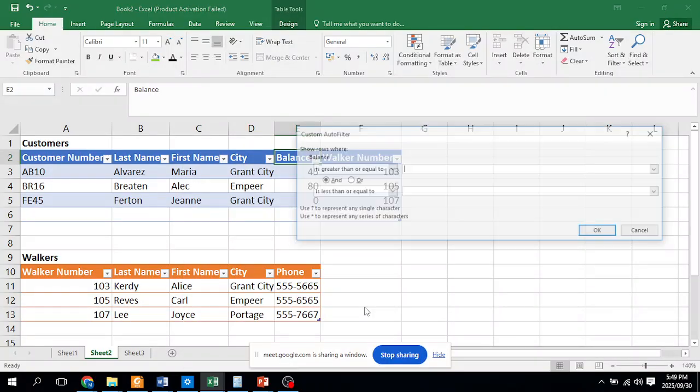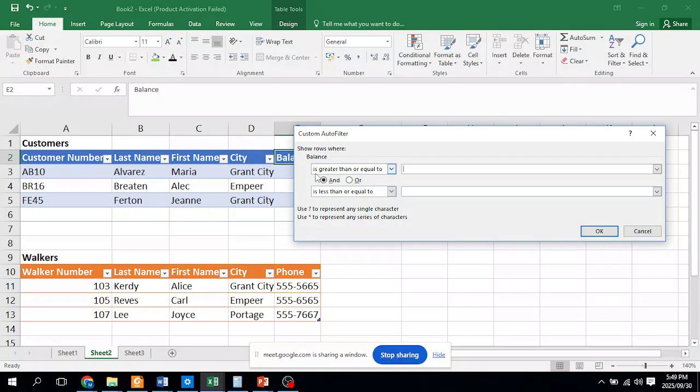When you click on it, you can choose. It says between 40 and 80, so it doesn't necessarily mean equal to, but if you don't want equal to, you can just say is greater than 40, or is less than, but we're not going to say equal to 80.